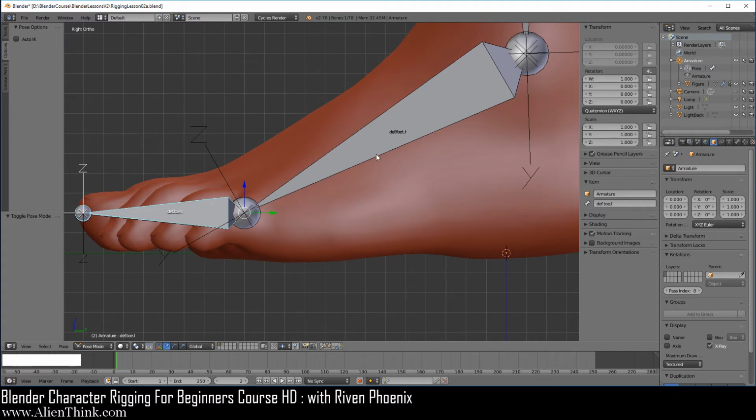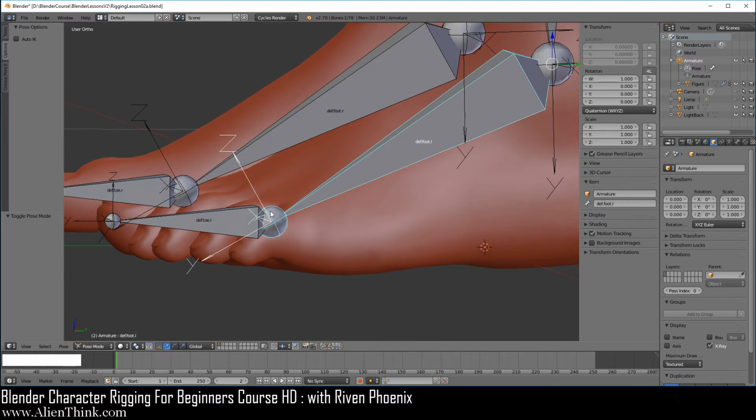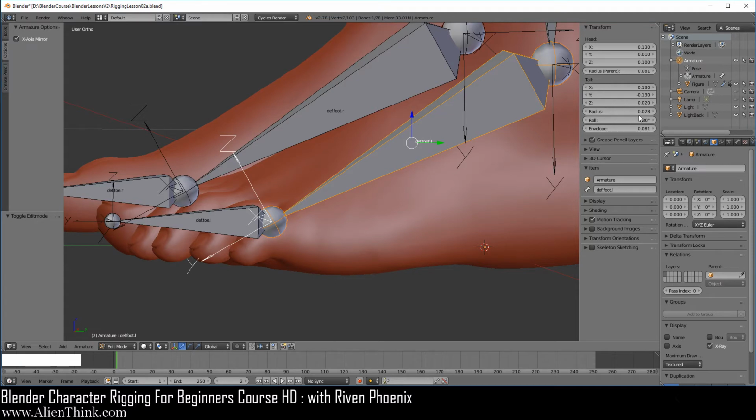Now let's take a look at this bone over here. So go ahead and click this and make sure over here you're clicking on foot.L. It will be highlighted in blue. So if we do the middle mouse button, we can see that the Z is pointing up. Now let's go ahead and check the bone roll, what it says. Over here it says 180. So what we want to do is point the Z axis down.